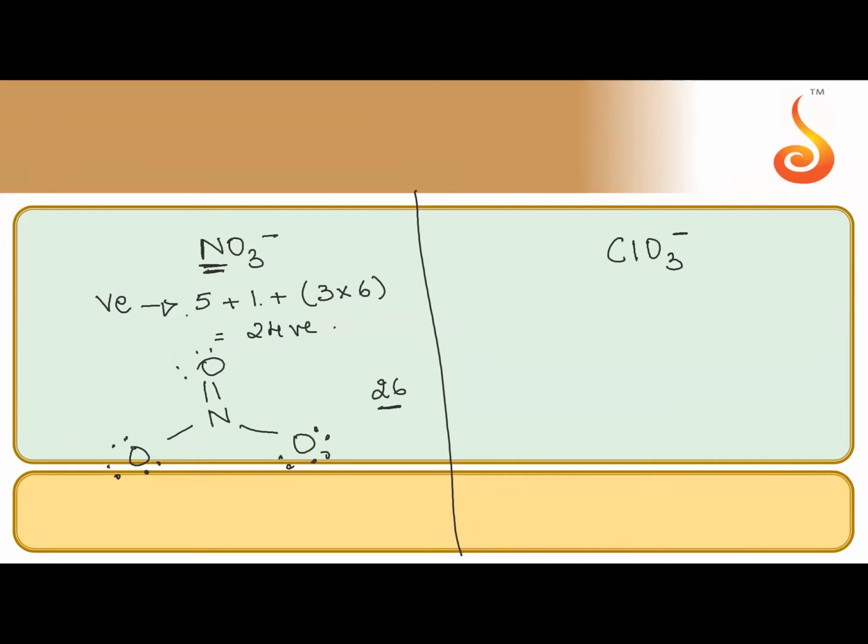Now what you'll do, put the formal charge. So this oxygen is minus, this oxygen is also minus, this oxygen has no charge. Check once again the formal charge calculation. This oxygen has 6 valence electrons, this oxygen has 7, this also has 7. One extra, so minus minus. What about this nitrogen here? It has 4 electrons here, 1, 2, 3, 4. So it will be having a plus charge.